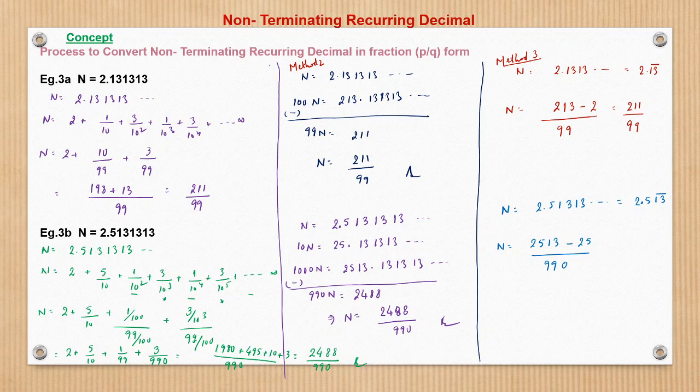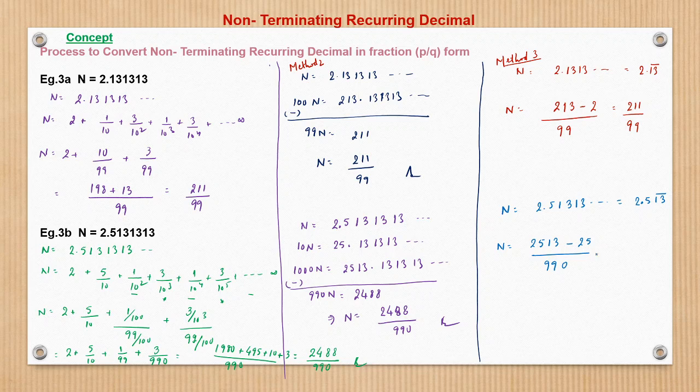Then we will have a zero. The number of zeros will be the same as the number of non-repeating digits after decimal. Here only 5 is a non-repeating digit after decimal, so we will have 990. This formula is a very comprehensive one, wherein we have seen the combination of all different varieties: a non-repeating digit after decimal, and certain digits which are outside the bar.